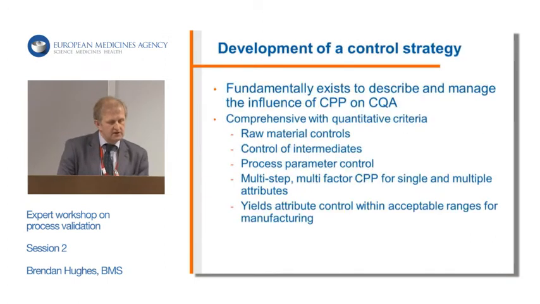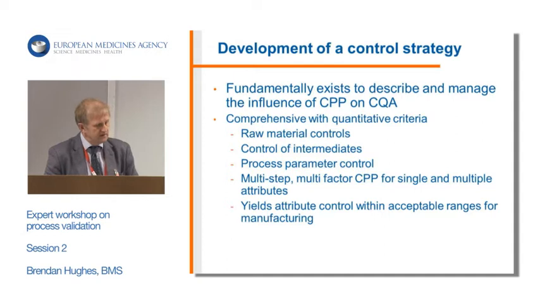So the control strategy, and we had some discussions about this in Q11. Our fundamental aim here is to understand how our process interacts with the CQAs and delivers what we intend as the product, as a drug substance. And I think we had the discussions, and Kowid referred to it today in response to a question I had. We talked about, it's got to be very comprehensive, a control strategy now. We need to understand raw materials, intermediates. We need to understand process parameter control. And we are learning that parameters can have an impact on multiple CQAs,